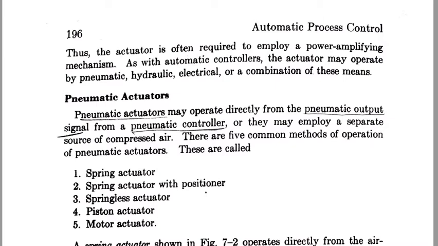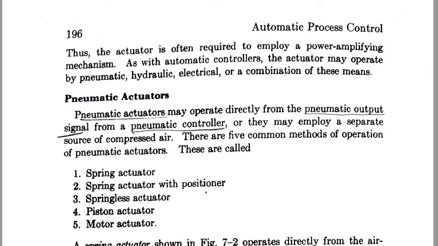First one is the pneumatic actuator, then the hydraulic actuator, as well as the electrical actuator. In the electrical actuator we supply an electrical signal, either voltage or current, as an input. In the pneumatic actuator we supply pressure as an input signal. Next, in the hydraulic actuator, whatever you supply is the lubricant, the pressure of the viscous lubricant, as an input for that particular hydraulic actuator.